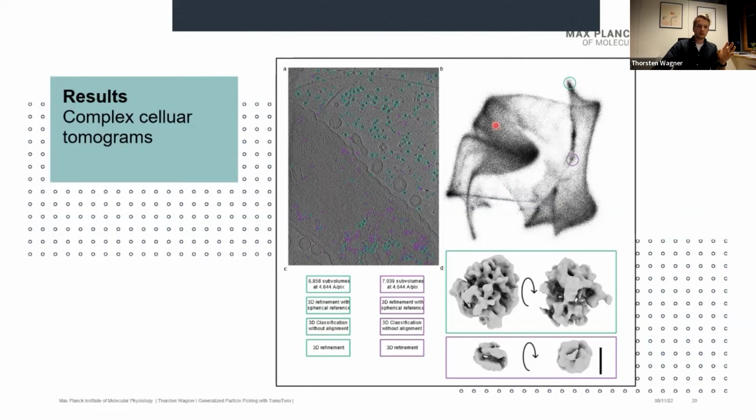We calculated the 2D embedding and selected 2 clusters. You can see there are more clusters, but they didn't give us anything interesting. We processed both clusters, and one cluster represented the ribosomes, and the other one is probably RNA polymerase. We don't know yet, and at this resolution it's hard to tell, but it looks like it.